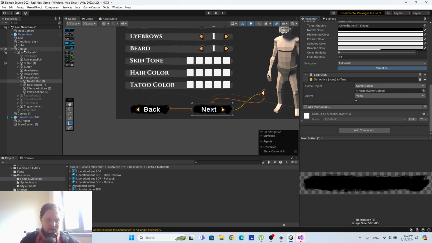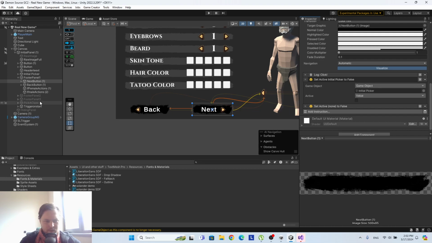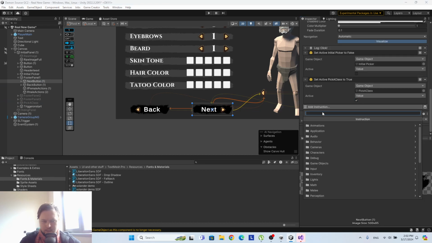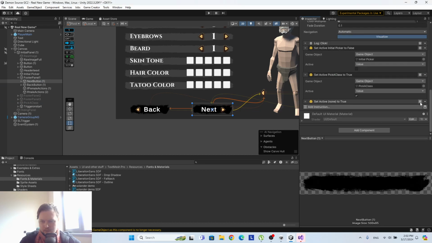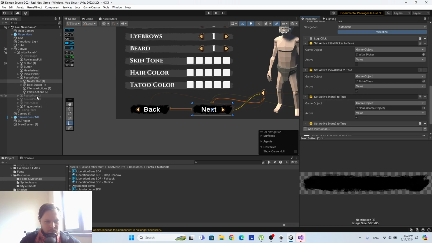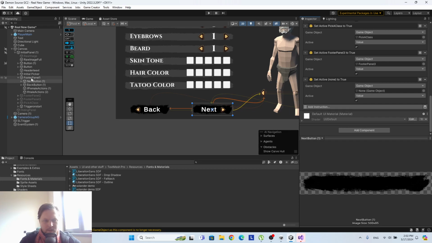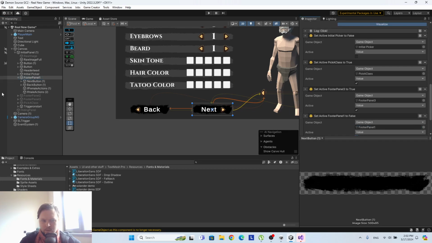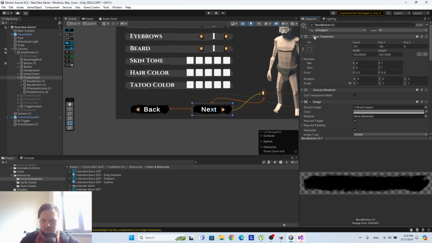Then on the press, I need to disable the initial picker, enable the pick class, then I disable the footer panel, then I enable the footer panel and disable that footer panel. Okay, I think that's it. Let me